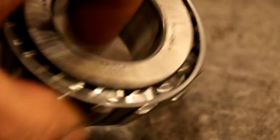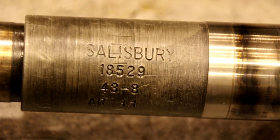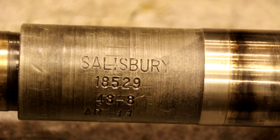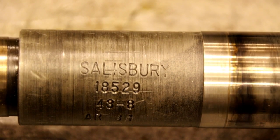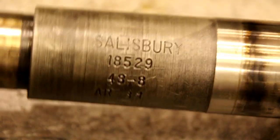Okay, here's our new bearing we're going to press on, and I just want to show you our pinion here. This is a Salisbury gear. This ring and pinion was made by Salisbury, and usually by 3As that were made by Spicer. It's a Spicer style rear, but Salisbury was still making some gears. And if you're working on a 2A or something earlier than this 3A like this,